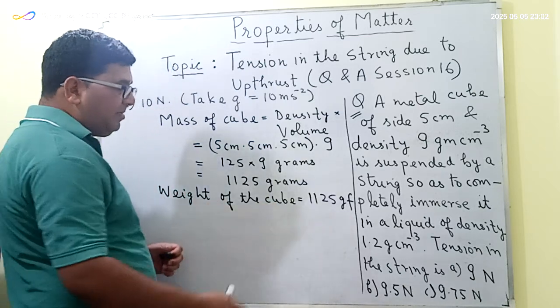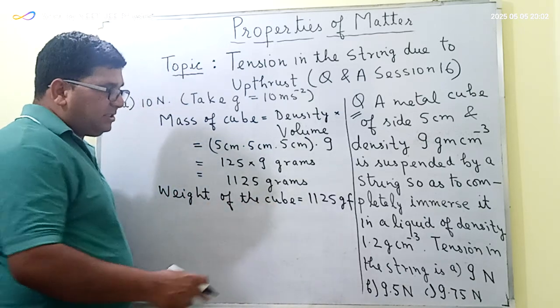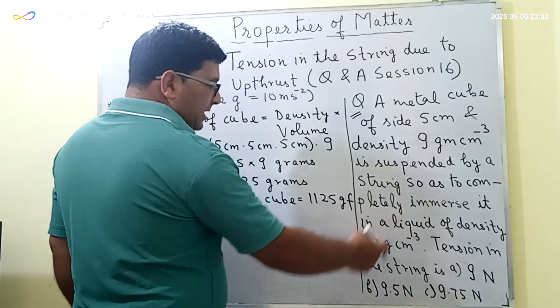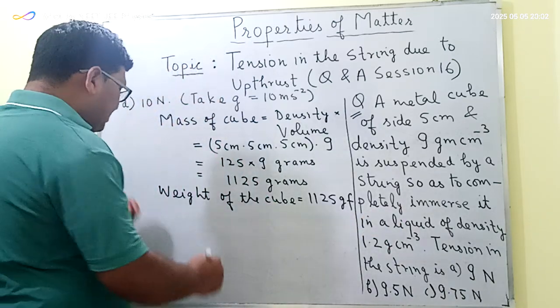So this weight on the cube will be acting in the downward direction, and the upthrust due to the liquid will be acting in the upward direction, and the upthrust